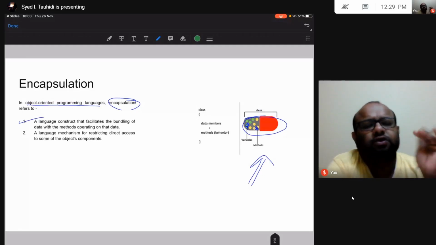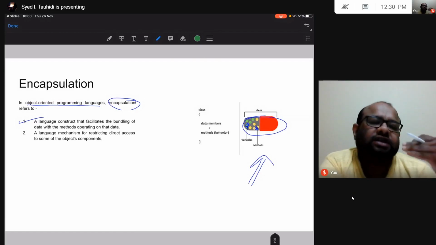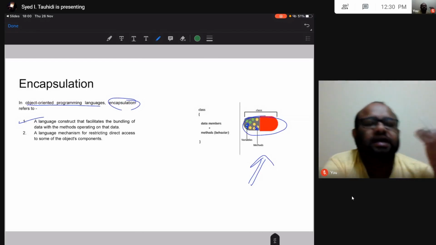You may have guessed by now that in C++, encapsulation can be properly done using classes. Inside these classes, we may have all these data attributes, all these variables, and we may have all these methods, the functions that will work on these data attributes.